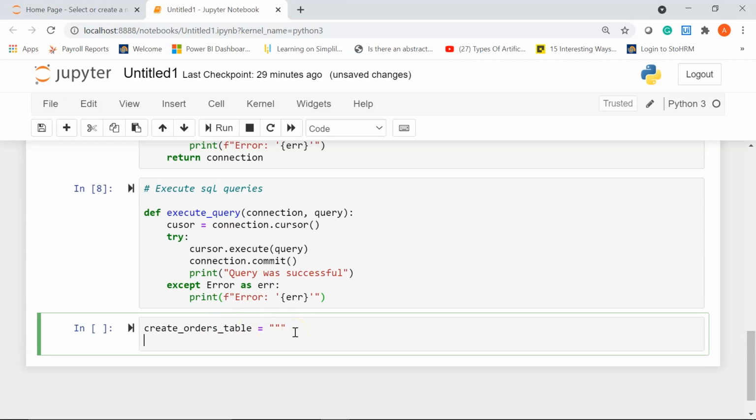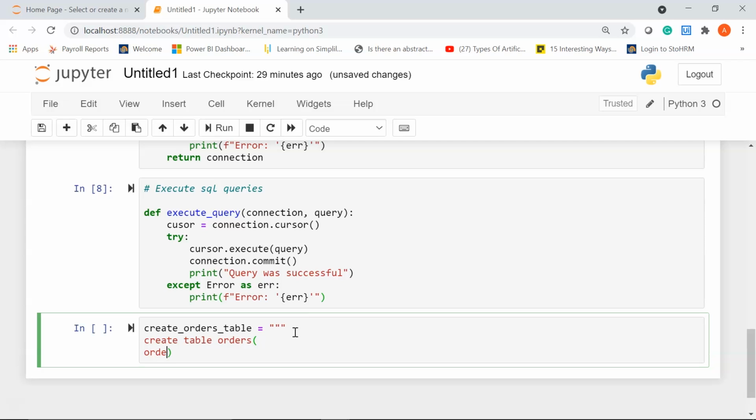Inside the triple quote, I am going to write my create command, which is create table. Here I'm going to create an orders table first, and inside the orders table I'm going to create my column names. The first column would be the order ID. It is going to be of type integer, and I'll assign this order ID as my primary key column.